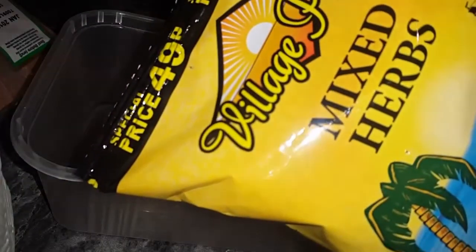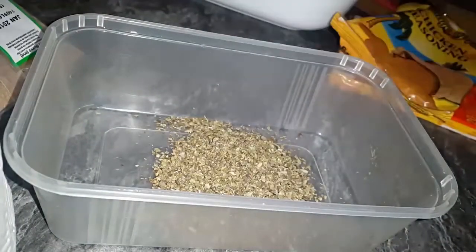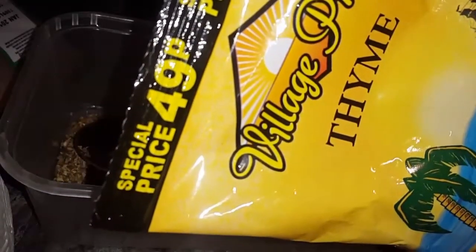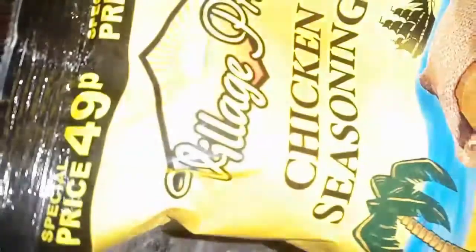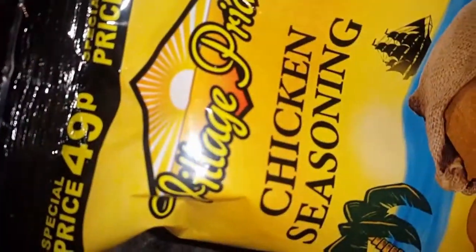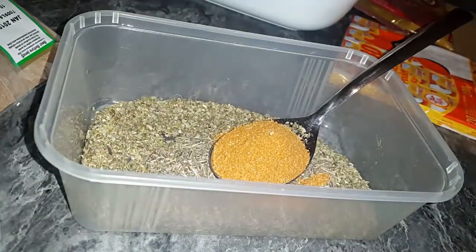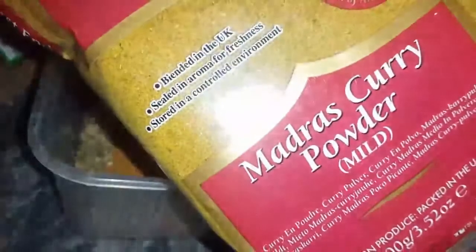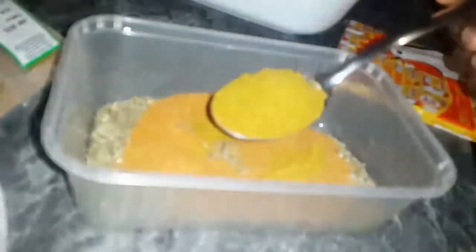It's time to add the spices. I've got mixed herbs. I use 2 tablespoons of it. The tablespoon that I'm using is much larger than a normal tablespoon that we use. I've got thyme. I use 1 tablespoon of thyme. Then some chicken seasoning, 3 tablespoons of chicken seasoning, 2 tablespoons of curry powder,